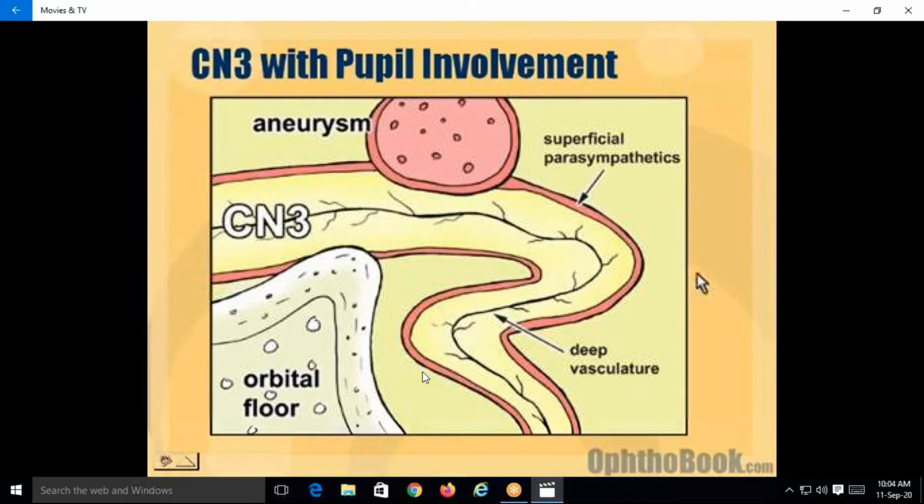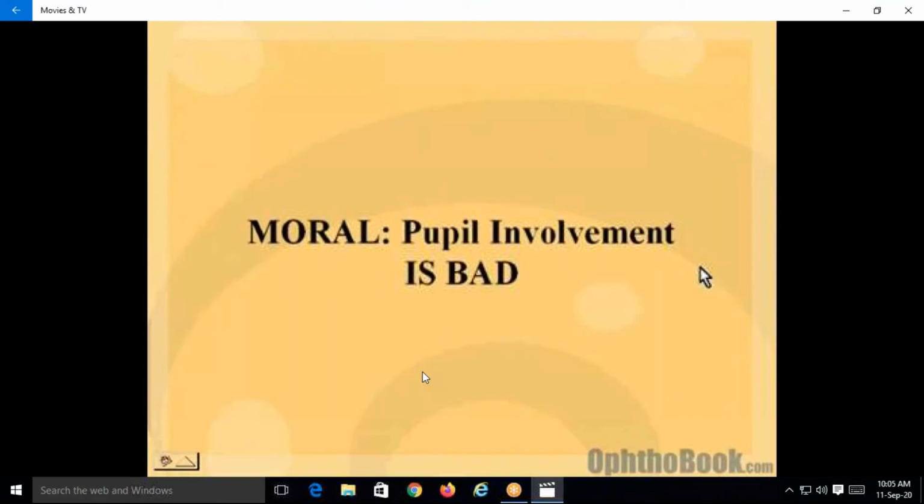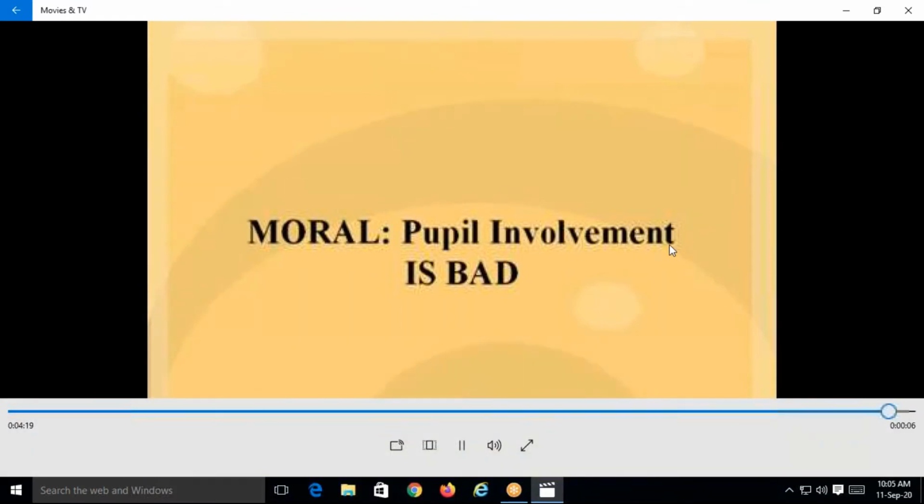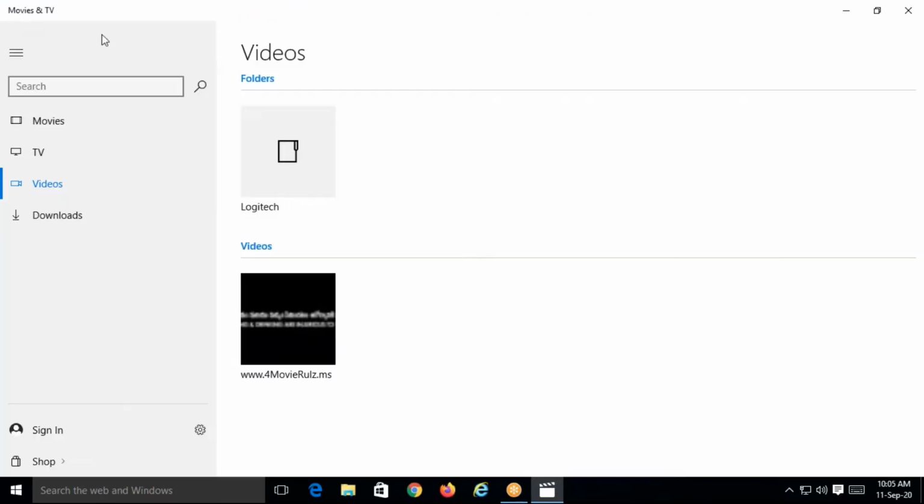So pupil involvement is crucial to see and to document if you have a third nerve palsy. So the moral of the story, pupil involvement is bad. And realistically, if you have a third nerve palsy of any sort in this day and age, it probably makes sense to image because it's